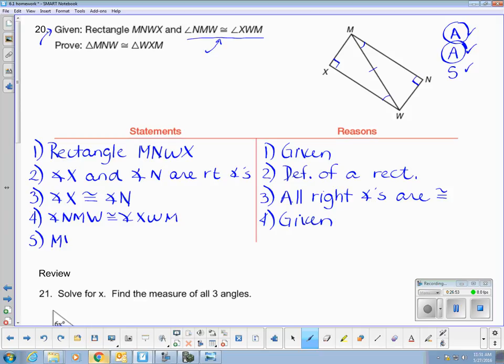Once again, segment MW in the triangle on the left is congruent to segment WM in the triangle on the right. And we say that they are congruent by the reflexive property. So there's my congruent pair of sides. So now I can say